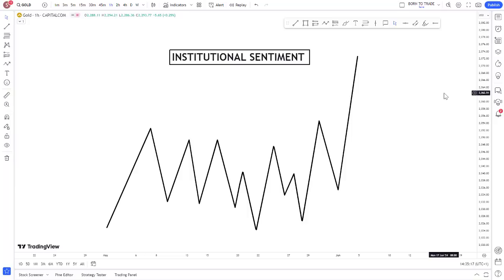You can also anticipate price movement. You're going to know where price is likely going to move to. You will identify the exact area to place your trades and make informed trading decisions. So this is what we're going to cover for today's lesson.